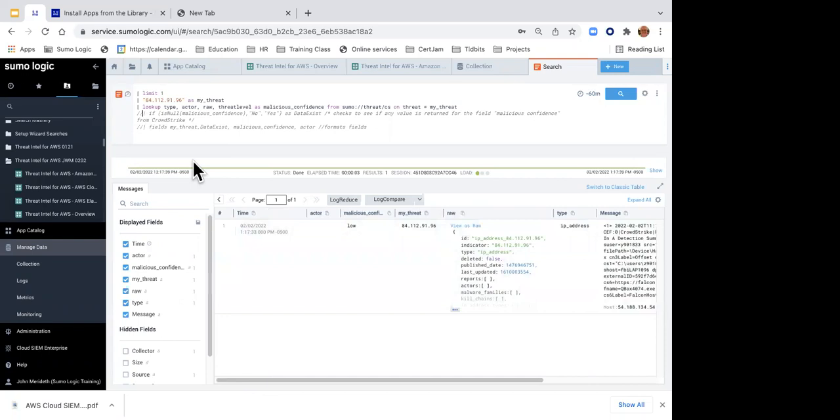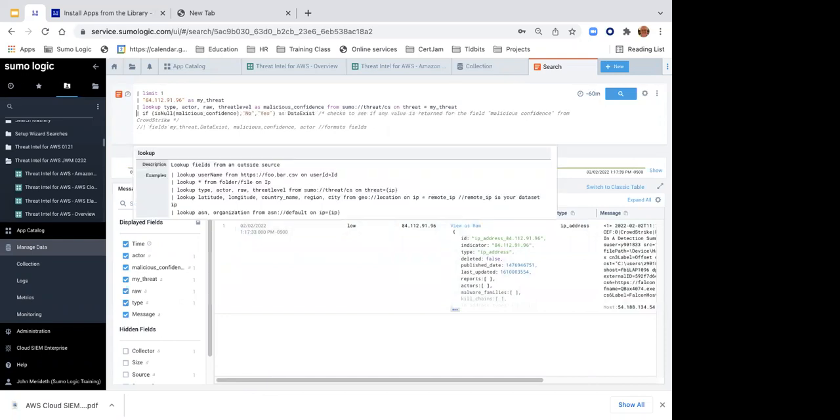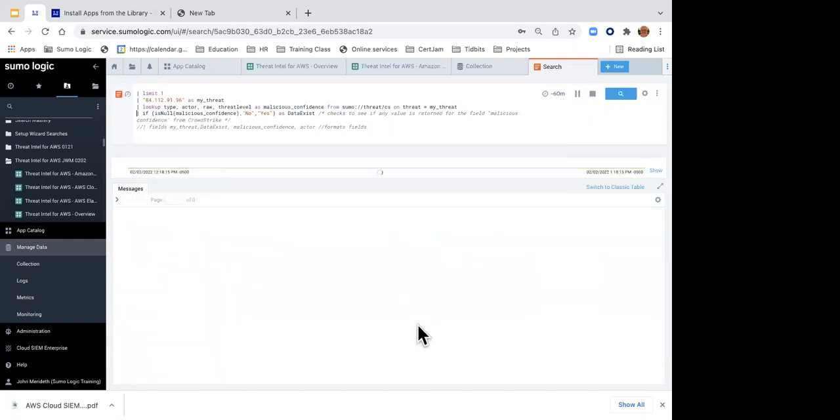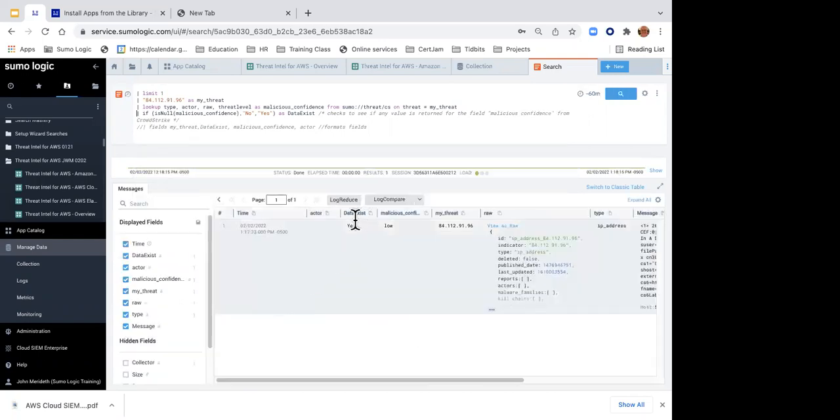Now, this next line, if I uncomment it, says that if I have a null value in my malicious confidence, which I don't, I have the word low in there, then I'm going to create a field called data exists. So when I run this, I will now see I have a new field called data exist. Because this was not null, it set the value to yes. If this was no, it would set the value to no.